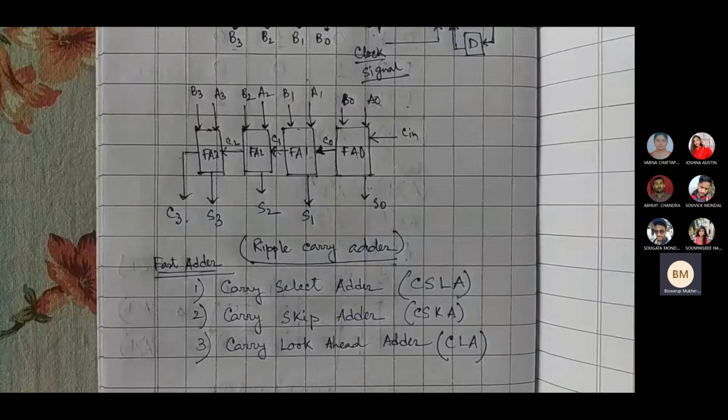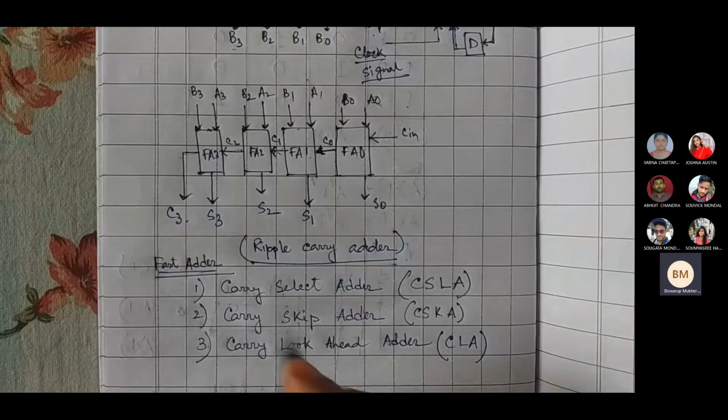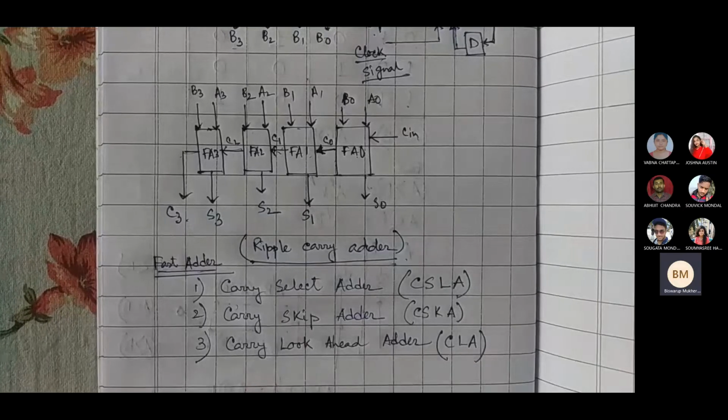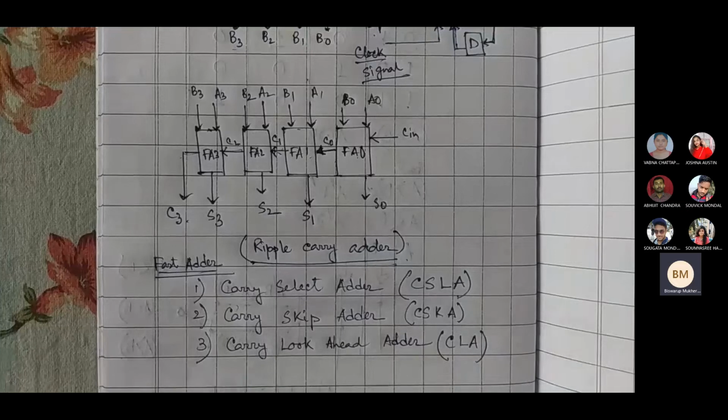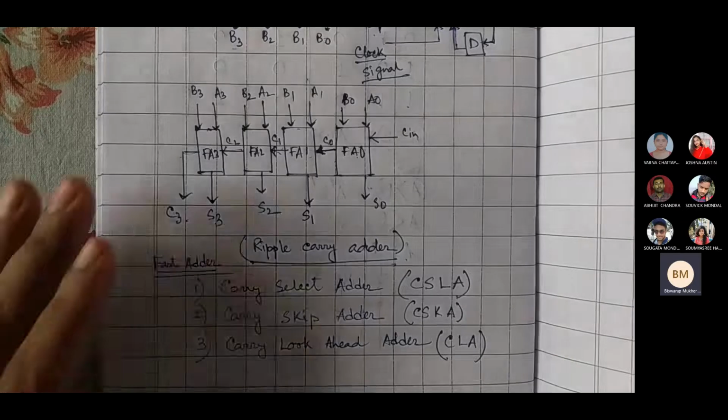So that is why we are taking this one, and it is not applicable for lower-bit operation. Make sure all these fast adders are applicable for higher-bit operation. Whenever the operand is maybe 32-bit or 64-bit, then only we can go for such kind of carry select adder or carry skip adder or carry look ahead adder architecture. It's not necessary for simple 4-bit or 2-bit additions. That time it will introduce more delay compared to the RC adder.